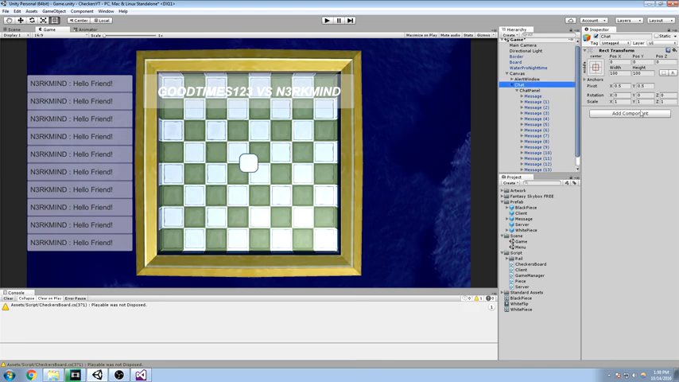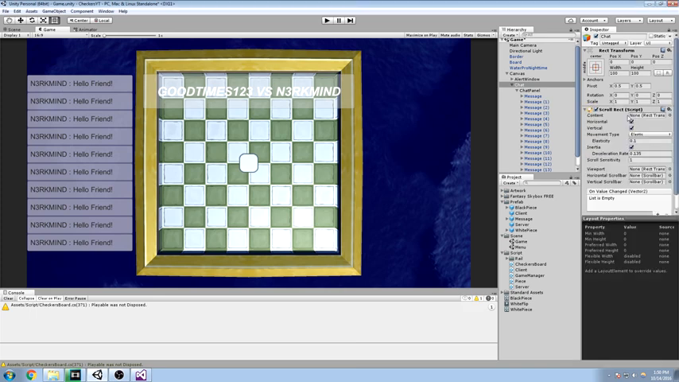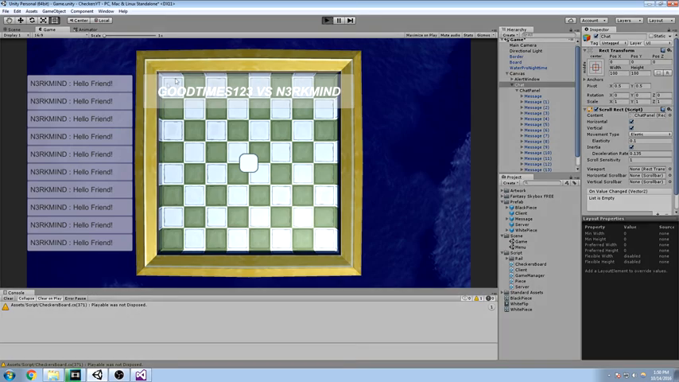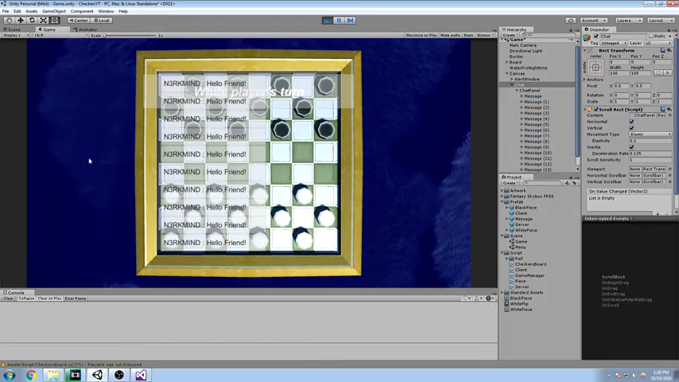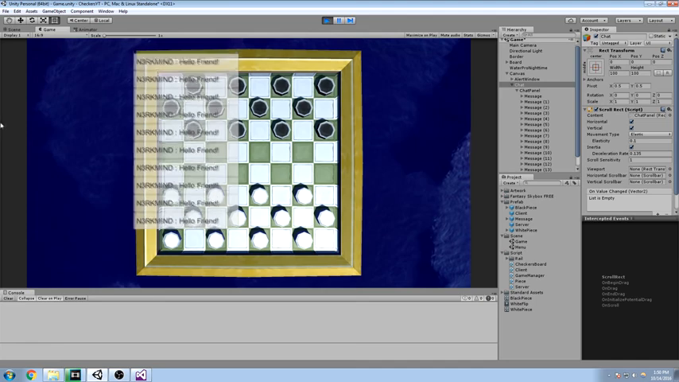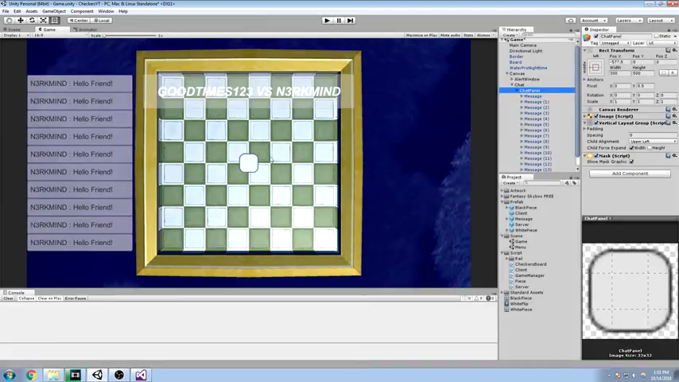So I'll just type in chat here. This is going to be a scroll rect, and the content is going to be the chat panel. And I'm just testing this out. I haven't done a chat in a while, and as you can tell, it doesn't really work. The current problem that I see is that we're moving this thing, but we're also moving